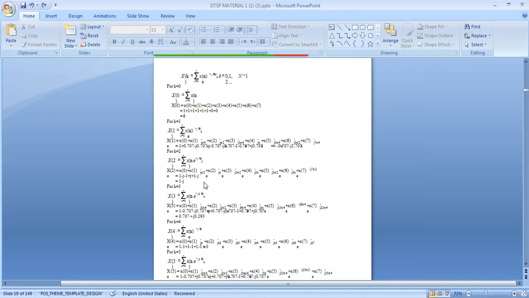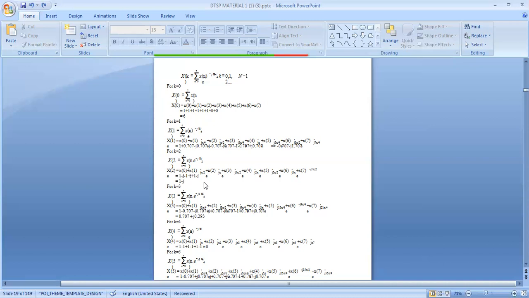Next we are going to find for k equal to 3. X of 3 is equal to the summation n equals 0 to 7 of x of n e power minus j 3 pi n by 4. Similarly, we expand our summation: x of 0 plus x of 1 plus x of 2 plus x of 3, x of 4, x of 5, x of 6 and x of 7. Here, when we are equating, the e power j pi by 4 will give the answer to be considered as